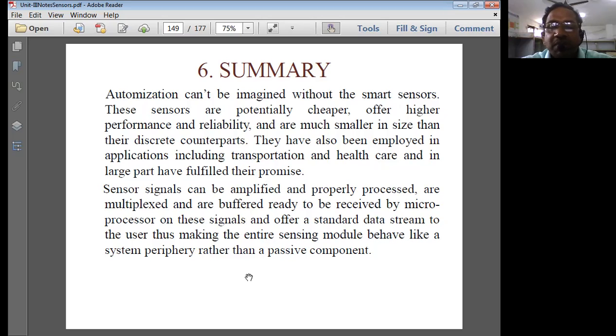With this, we'll stop our session here. In the next session, we will go through the applications of sensors. The last session is going to be on applications of sensors. We have around 4 applications in the syllabus, such as automobile sensors, aeroplane sensors, and home automation sensors. We will discuss those applications in short to end this unit on sensors and their applications.